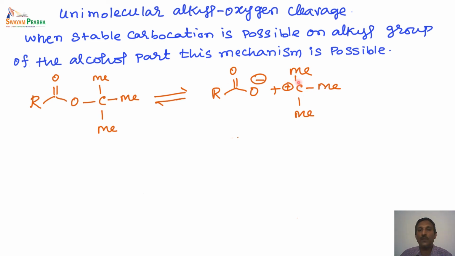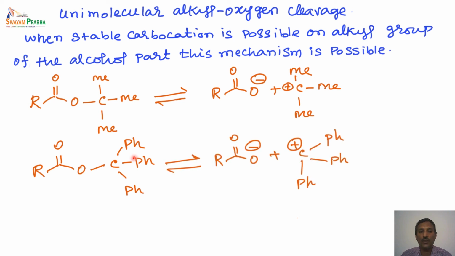So when these kinds of species are possible in that reaction, then the oxygen alkyl bond cleavage is possible. Another example is a triphenyl methyl group which is attached to the oxygen. When it is cleaved, a very stable triphenyl methyl carbocation is possible. So in these kinds of cases where a stable carbocation is possible, it can lead to the cleavage of